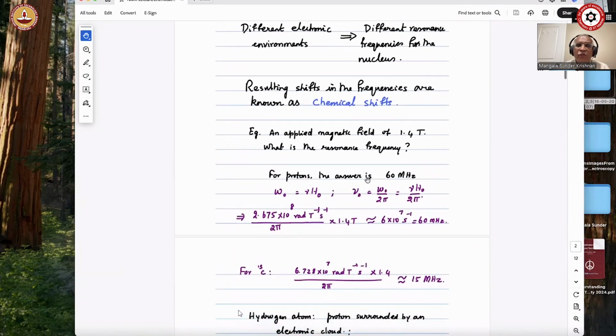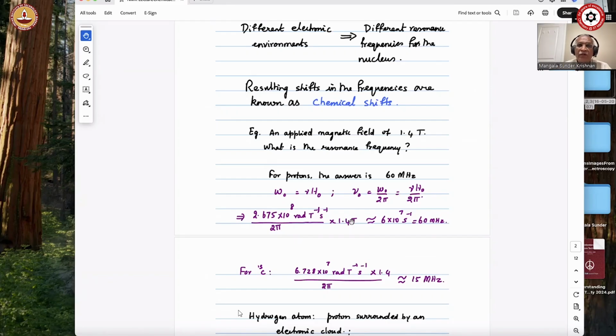So let's look at the proton frequency. Let us look at 1.4 Tesla, which is the applied magnetic field. You know the gamma value for the proton is 26.75 times 10 raised to 7, which is 2.675 times 10 raised to 8 radians per Tesla per second. That's the gamma value. And the field H naught is 1.4 Tesla, divided by 2 pi, because gamma H naught is angular frequency. So if you divide this by 2 pi, you get the linear frequency,